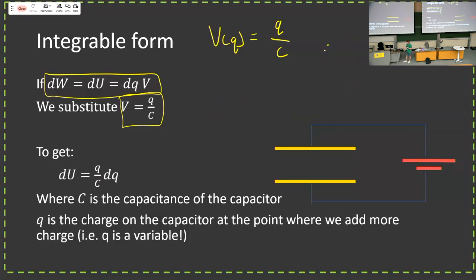Anyway, we know C was equal to Q over V, right? And we just rearranged that to solve for V. That's what we did. V equals Q over C. That's all we did. We know how to rearrange. I know, unbelievable. So then we arrive at this infinitesimal. We have this: dU, the amount of energy added to a capacitor when you add a little bit of charge to it, is